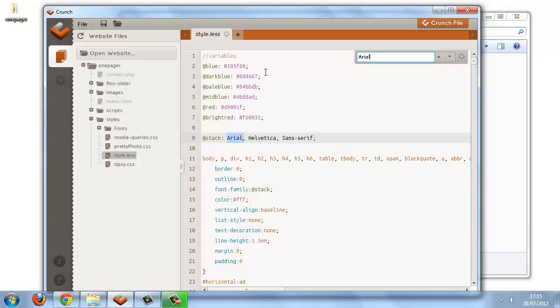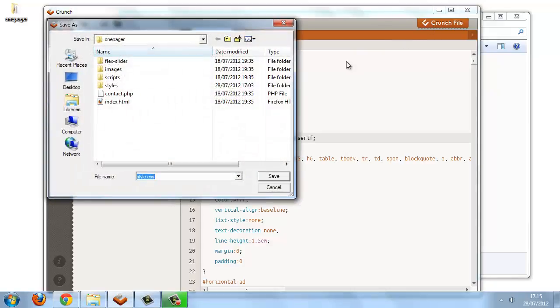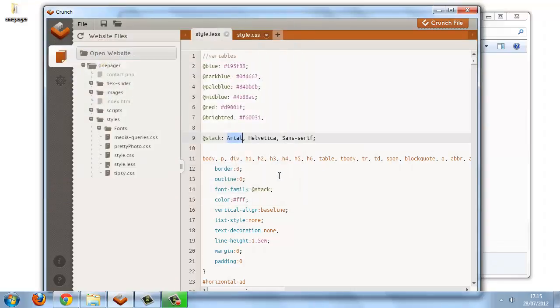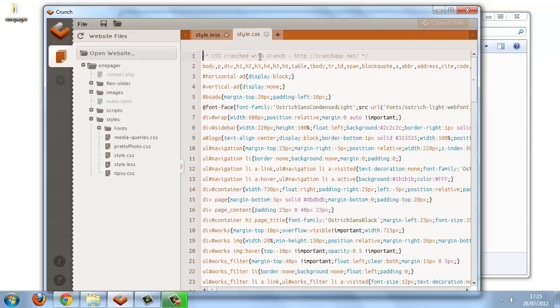Okay, so this is a less file. Obviously the template itself is expecting a CSS file, so in order to generate the CSS file, we just hit this crunch file button here, and that will ask us where we want to save our style sheet, so we better put it in the place where the template is expecting it. And if we take a look at the CSS file that's been generated,